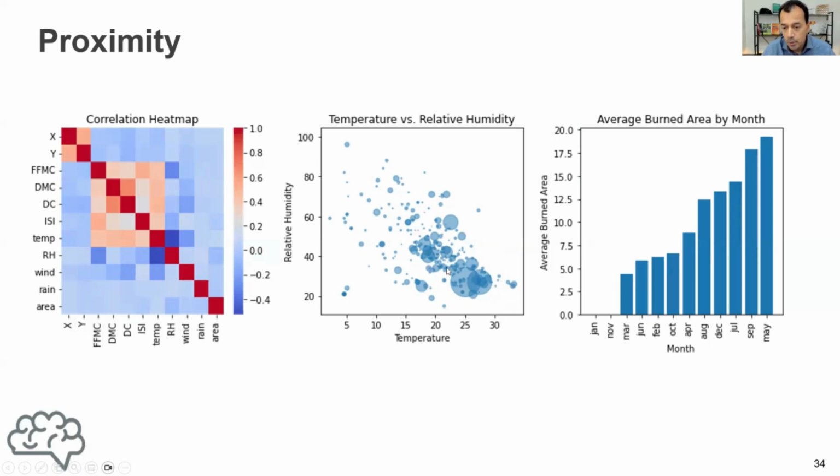In this picture here, what we observe is that the higher the temperature, the smaller the relative humidity. This plot is also about the forest fires data set. And finally, we ordered here the months based on the average burned area. So we can see that after March, we have the month of June, then February, October, April, August, December, July,